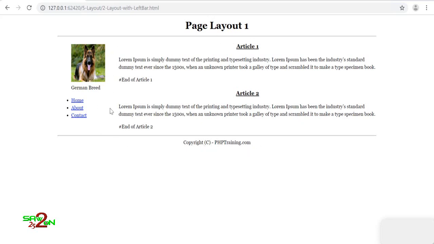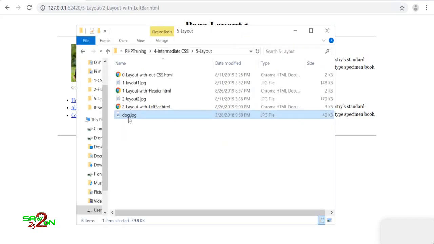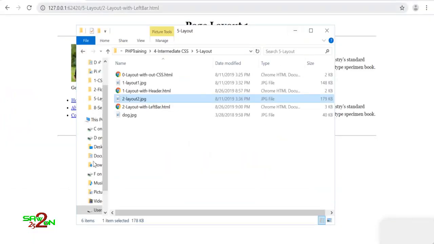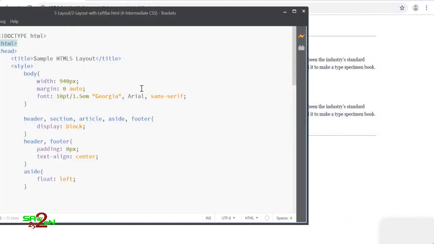You can add a line here by adding the border, right? And then this basically looks like the format that we want to create as well, right? You have your left bar, you have header, content and the footer. All right, so let's do some touch-ups here.